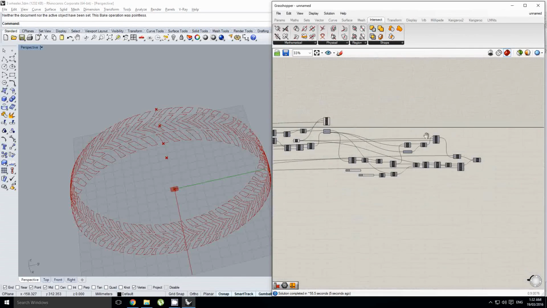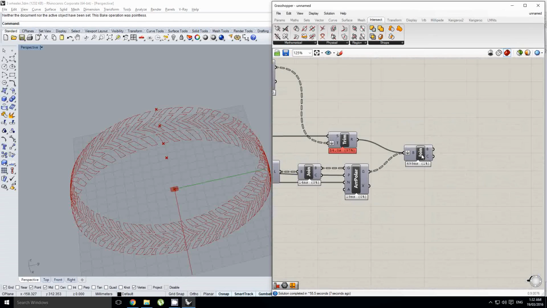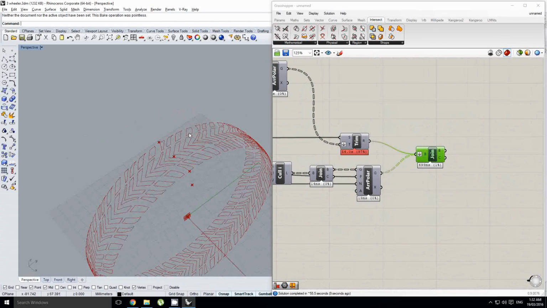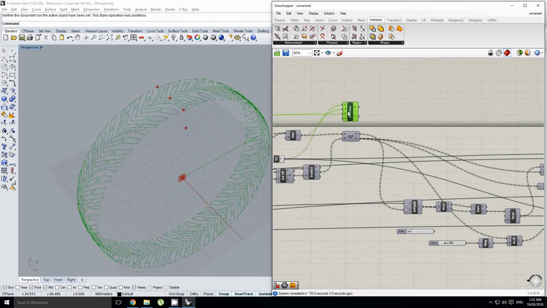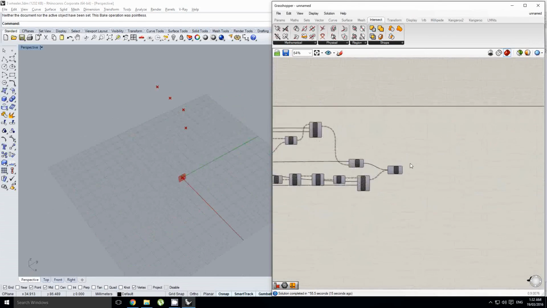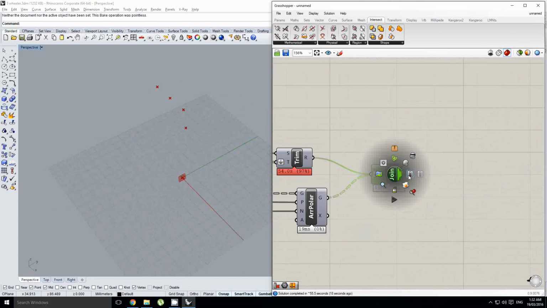I prefer a cleaner method of sorts, and that's what I've been trying to teach in my tutorials. But as long as you're doing this properly, this is still a perfectly valid way of working. So now if we bake this out,